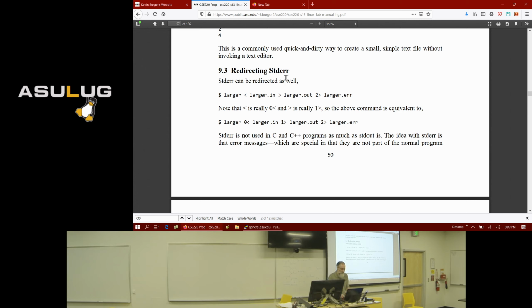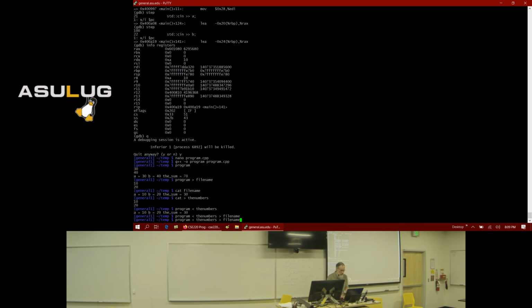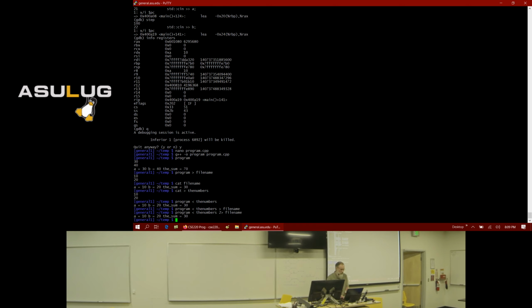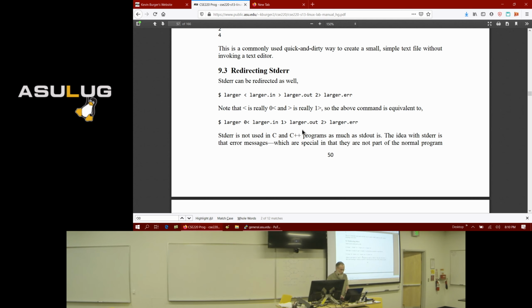So if you have a command and you're redirecting standard out, and you also want to redirect standard error to the same file, then I can put a 2 here. And then that will redirect standard error to the file as well. Now that was weird, that didn't work. Why did that send the output to the console? Yeah, I should be in bash.